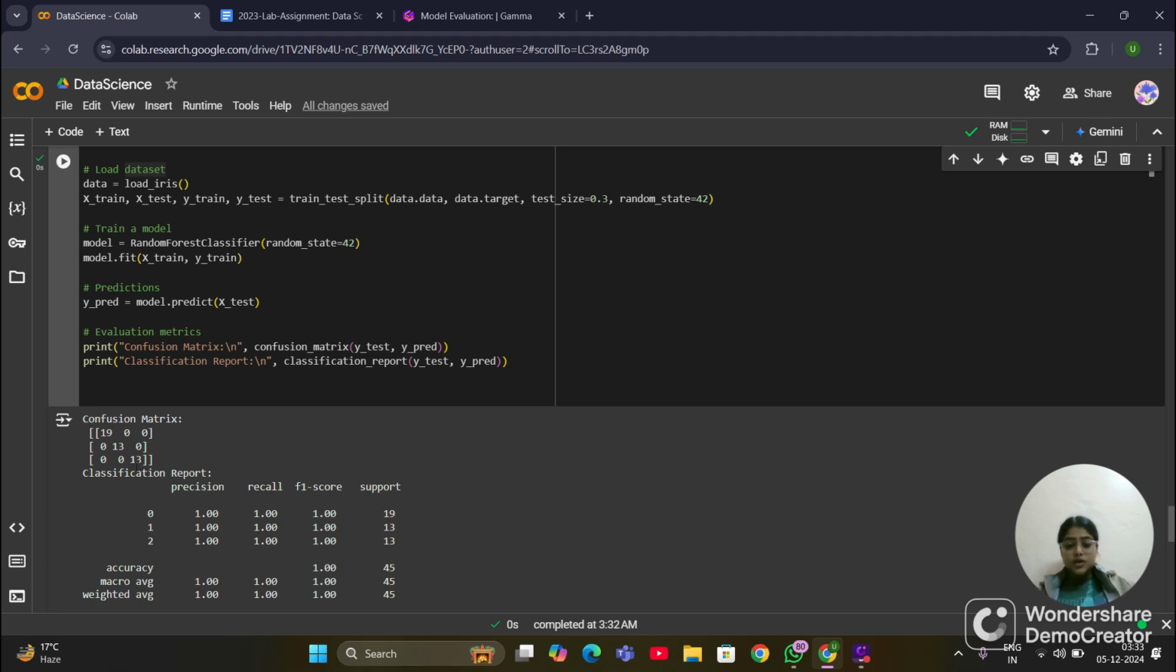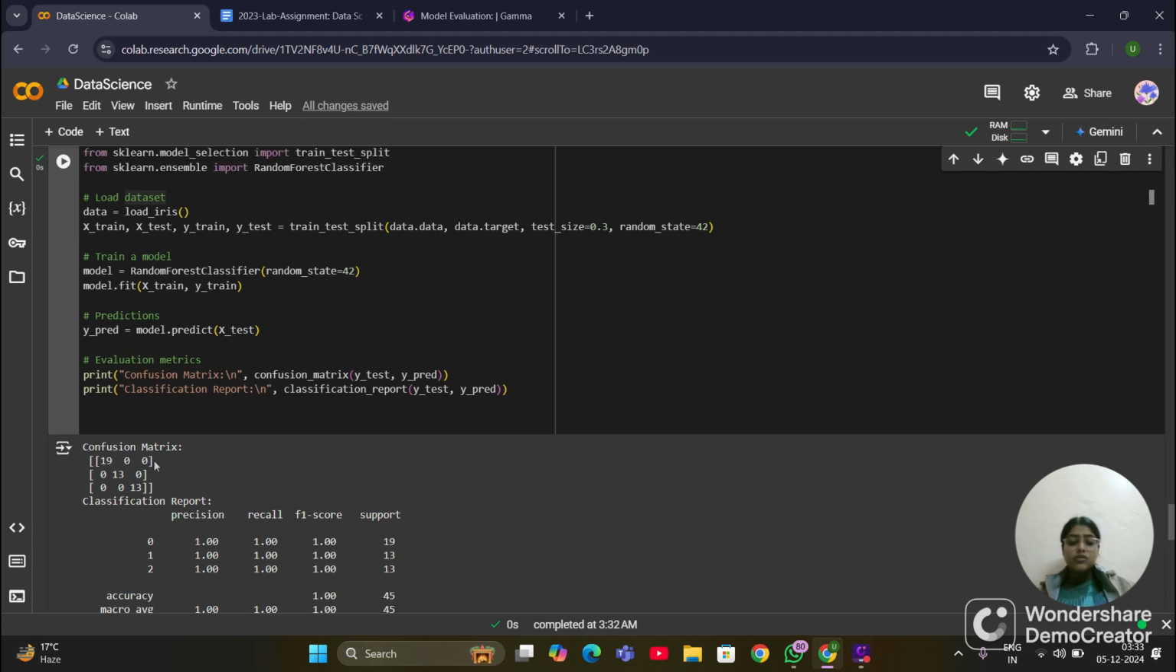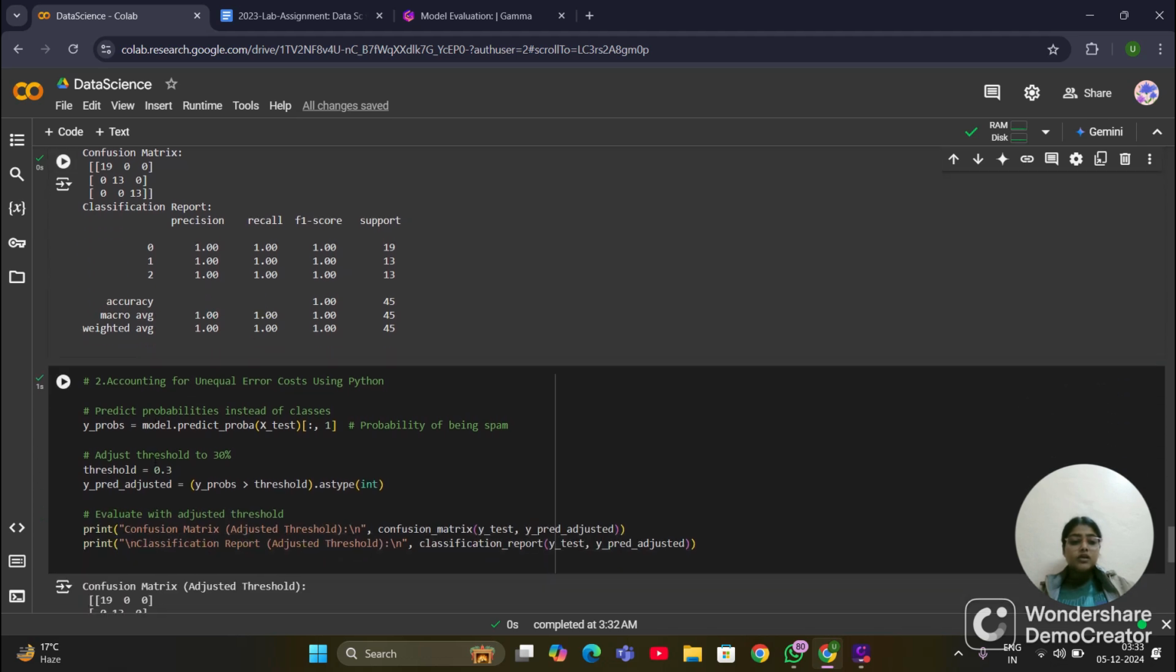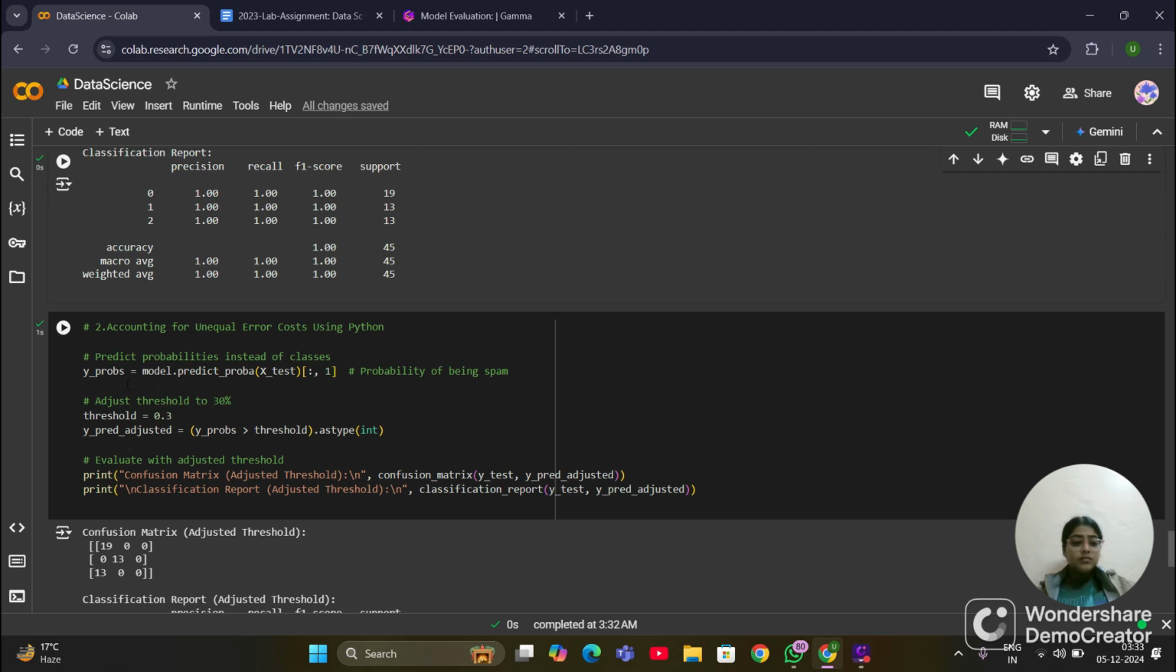What is the summary of this output? All predictions are perfect and there is no misclassification. Now move to the second topic, called accounting for unequal error cost using Python. So first, predict probabilities of instances of classes. y_probs is equal to model.predict_proba(X_test)